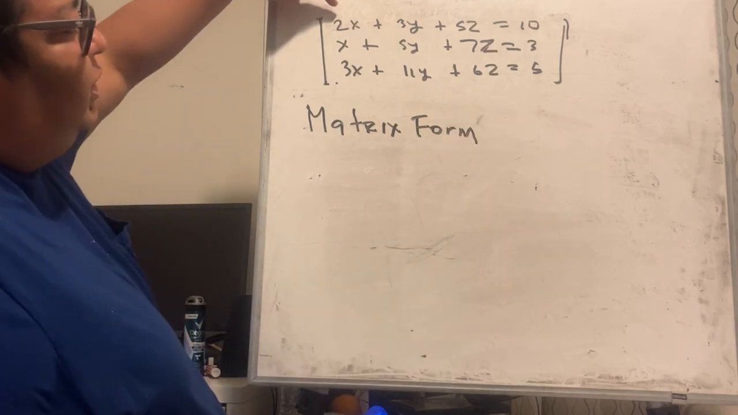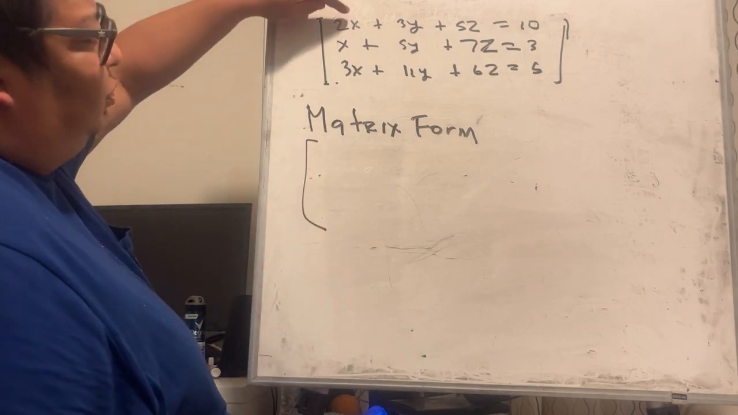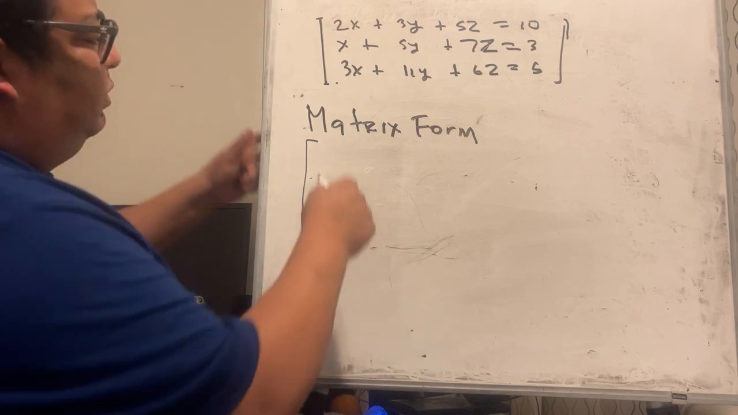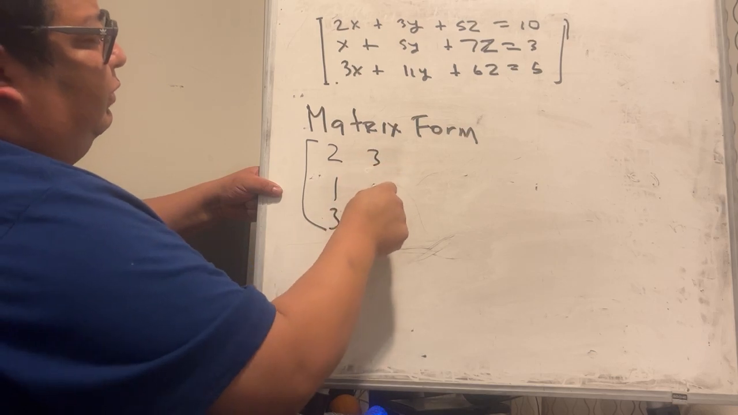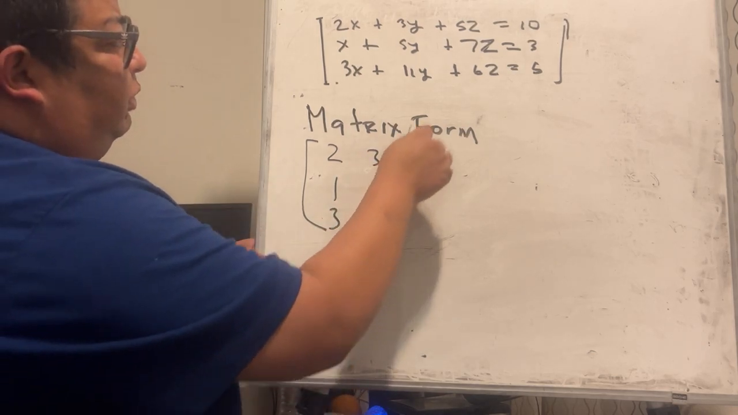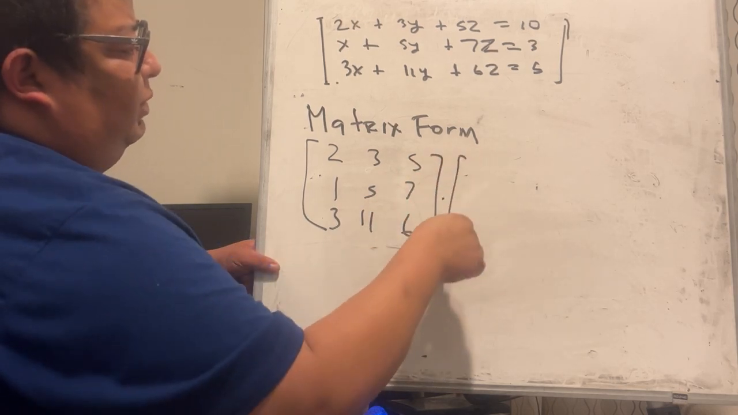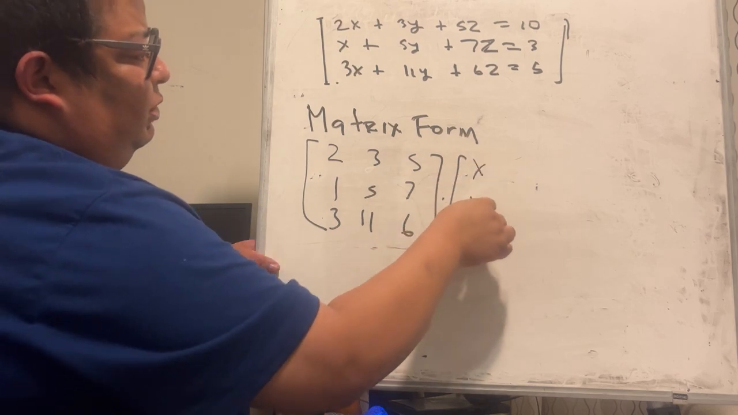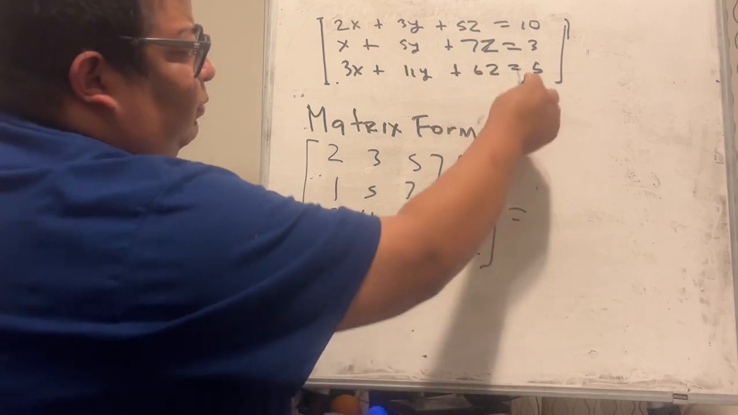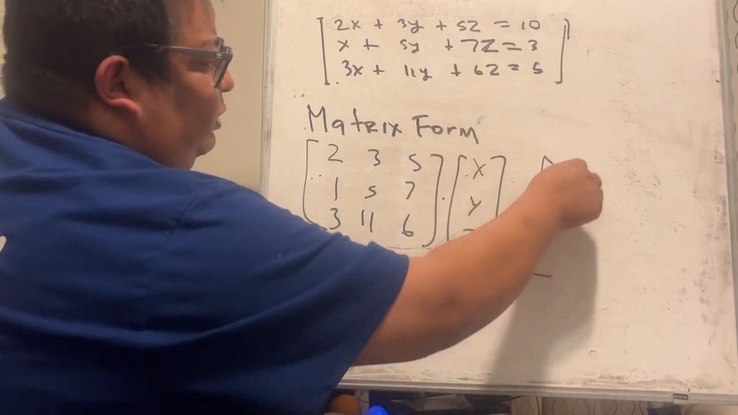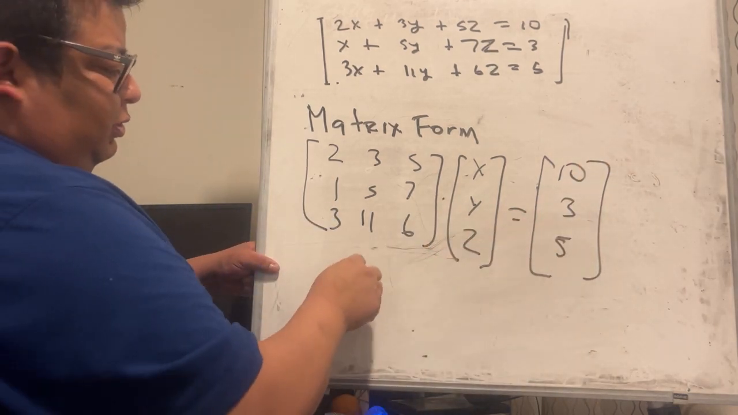The way you do it is you take each coefficient of each variable and you put them in columns. So the first column gets the coefficients of the x's. So for example, 2, 1, 3, and then 3, 5, 11, and then 5, 7, 6, and then you multiply that by each variable x, y, z, and then you set equal to your vector b, which is 10, 3, 5. So this kind of looks as this form: